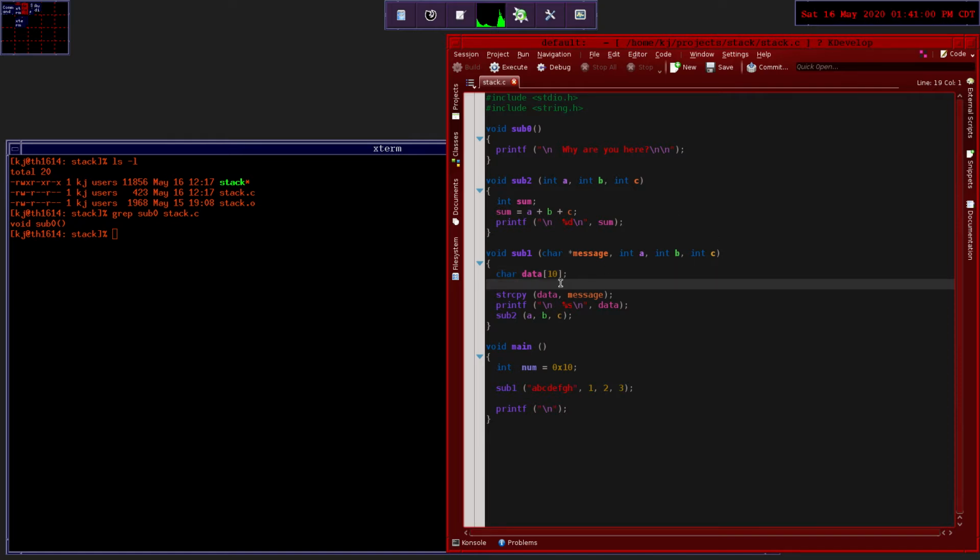And here is where the error is that makes it possible for this buffer overflow to work, because here I've declared my string data and I've told it to allocate 10 bytes for my character array data. And here I'm going to use string copy to copy the message into this data variable. But the problem is message here is just a character pointer. So we have no way of knowing how many characters might be in this message. And when it does this call to string copy, there's no boundary checking to make sure that message will actually fit within the 10 bytes that were allocated for it. And that's what makes it possible to